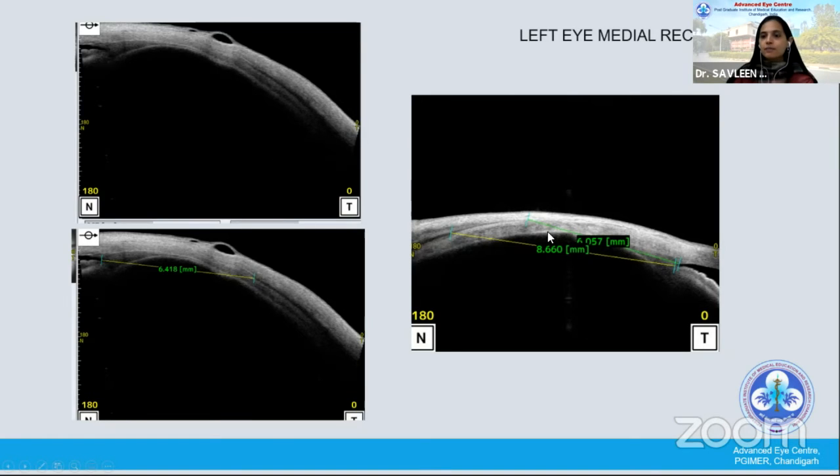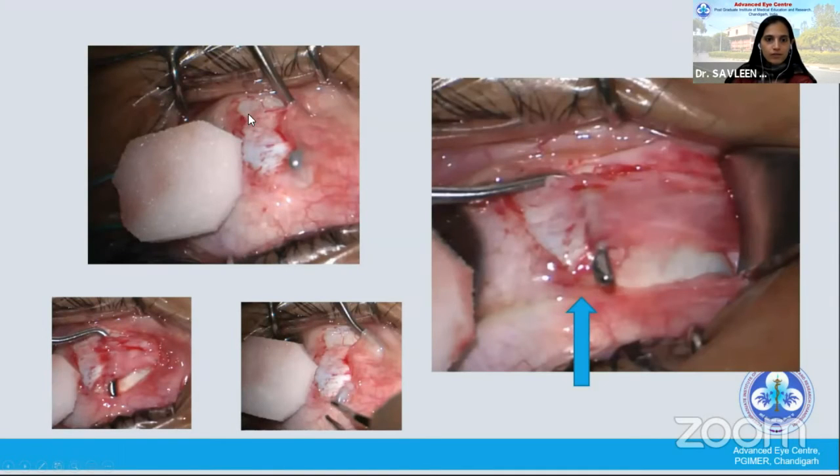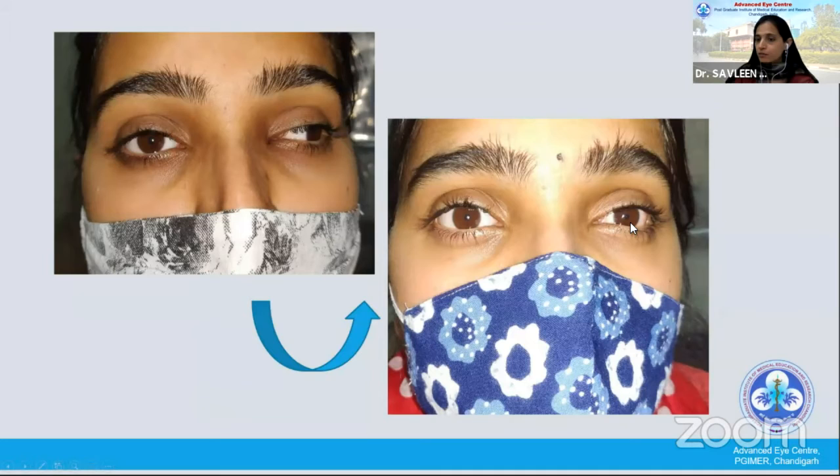In the left eye medial rectus, you see this thin band and you see this hypoechoic area. By experience, we know that this continuous hypoechoic area is actually the muscle, and this thin band does not look like an actual muscle. It's thin. It might be fibrotic. It might be a scar. Might be a pseudotendon, but it is continuous with the sclera. So we knew that in this eye, we could do something about the medial rectus. Intraoperatively also, we saw this stretch scar, which was continuous with the muscle. And we ultimately plicated this muscle, and we got a fairly good outcome.